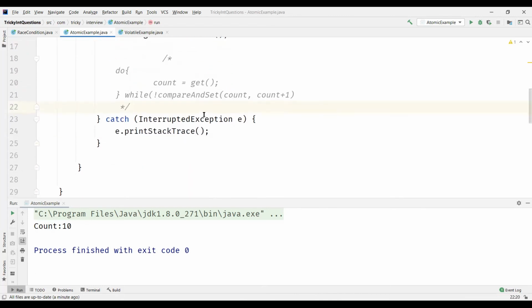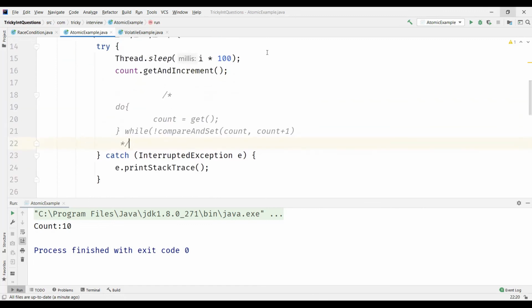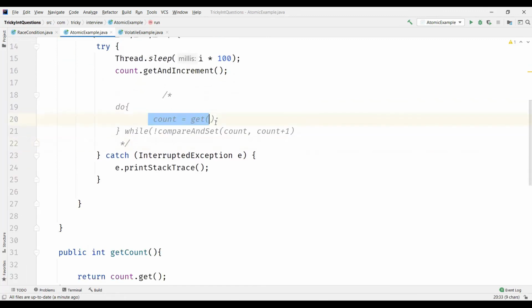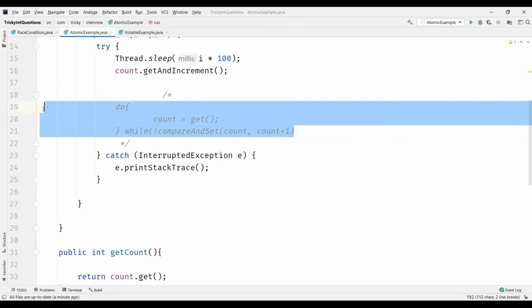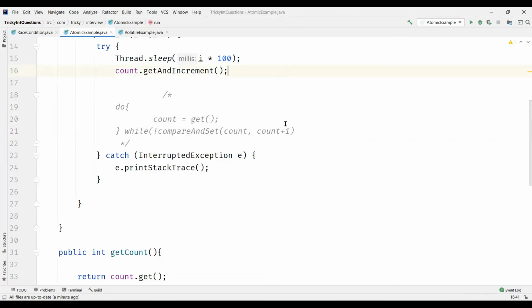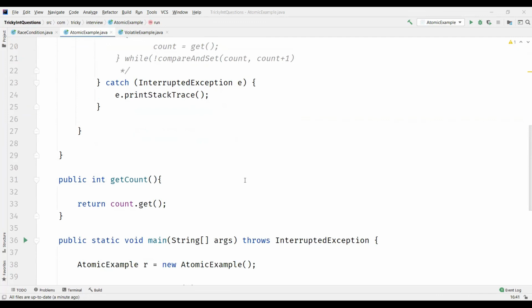This is the equivalent of a loop. So how atomic works is, you can see here it actually reads the current value and compares it with the current value. So it gets the value and compares it, and if it is successful it actually sets the value or increments it by 1, right? And if it is not successful, meaning the value is no longer equal to the current value, then it reads and tries again. So this is how an atomic variable works. Now let's go back